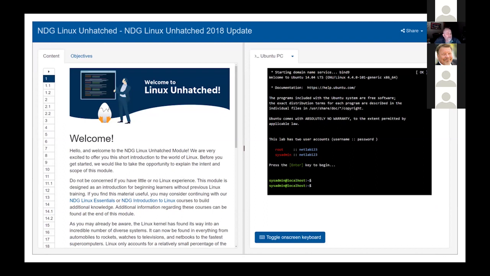All right, so Linux Unhatched, why I really like this content is it helps you progress into other harder material. If you know nothing about Linux, it helps you keep up with your peers. But if you are getting ready to go to an interview, you could really study it over a weekend and then impress upon your employers that you know enough about Linux to get by, to get started. So I really like Linux Unhatched to help a student out.